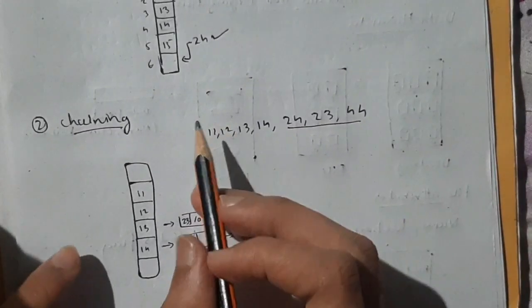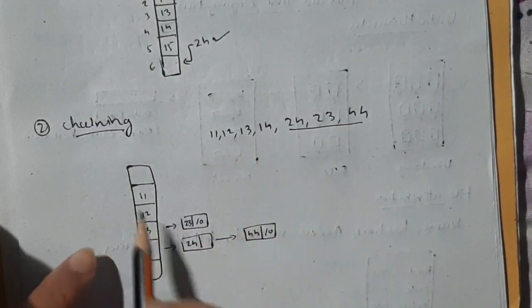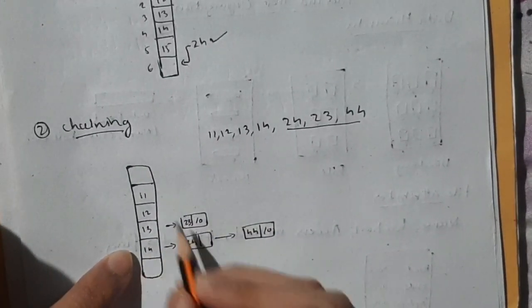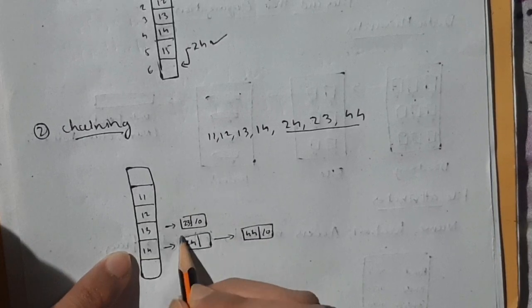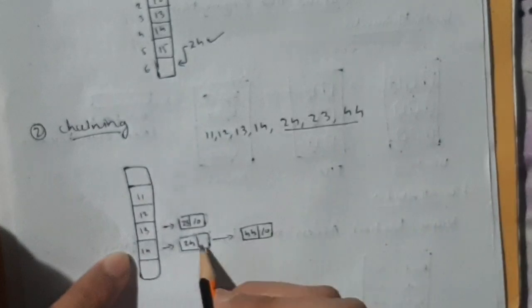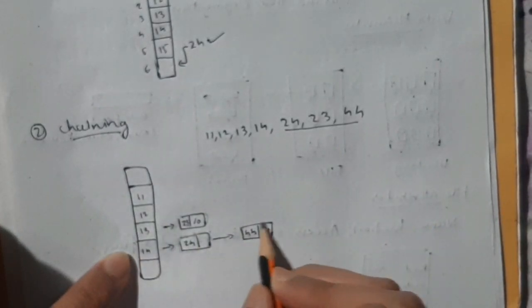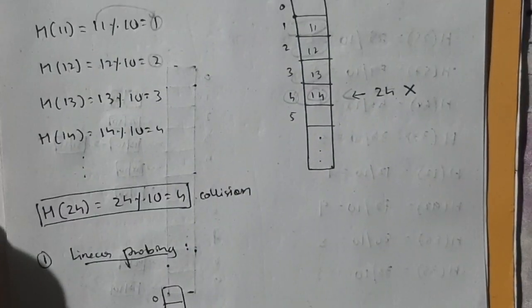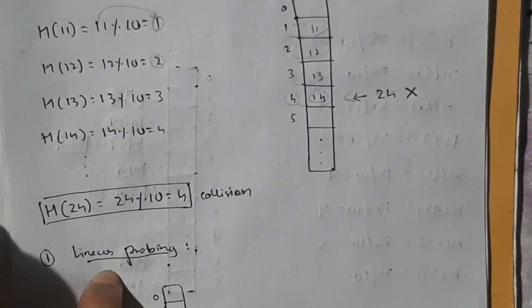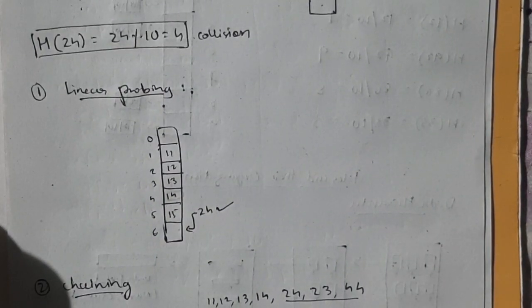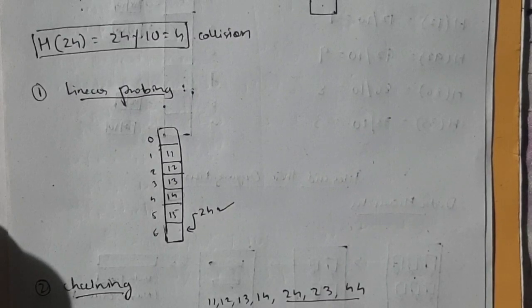That's linear probing. In chaining, suppose you have these numbers 11, 12, 13 and 14, you had stored these, but 24 came. So 24, it's a linked list, so it will be pointed to as a box here. Then 23, 13 is stored, so 23 will be pointed to as a box. 44, these both are stored, so 44 will be pointed to as a box. This chaining and linear probing, you need to really remember. It's also there in the lab program, linear probing and hashing. The code is also as simple as this concept. If you understand the concept, you can easily write the code by yourself.